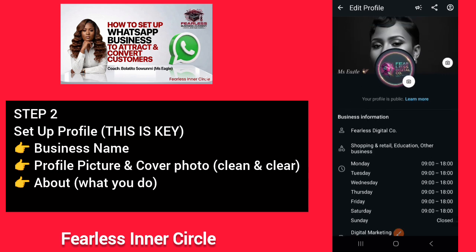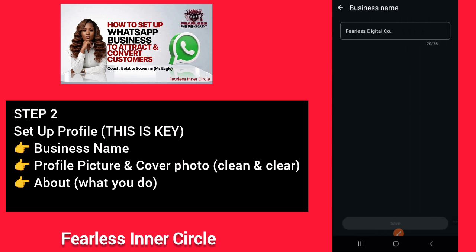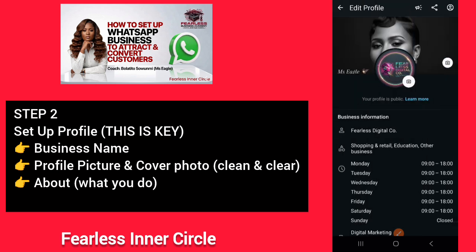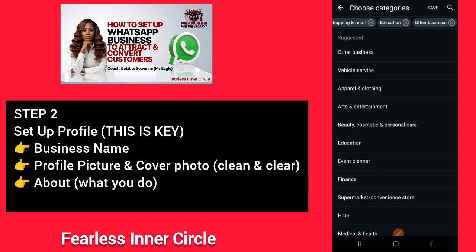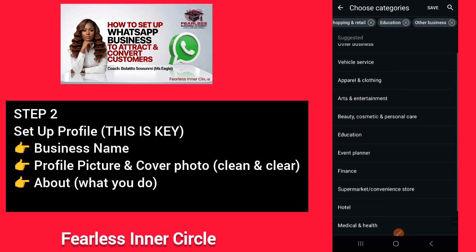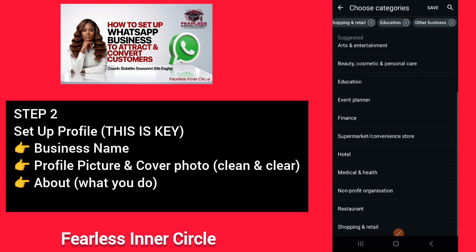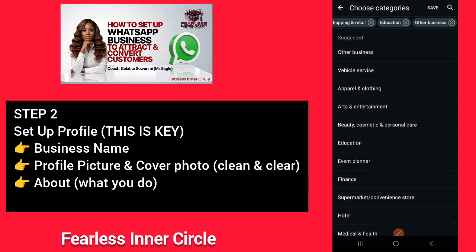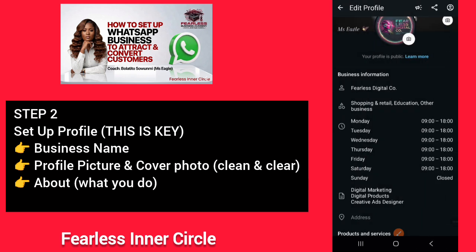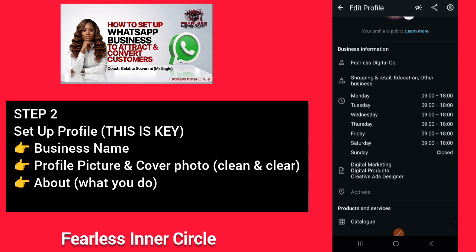Then you scroll down to name. You scroll down to your name, your business name. Click on this place. It will give you something like this. You put your business name there. Very important. All right. Then you do the remaining settings here. You pick from this category what your brand is about, and then you also set your functioning days from Monday to Sunday.